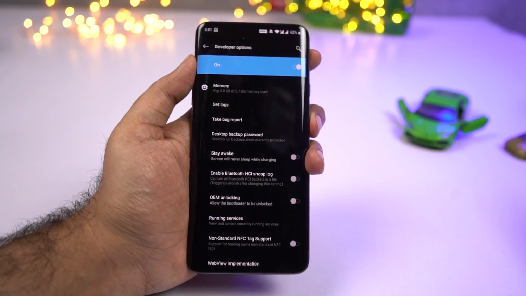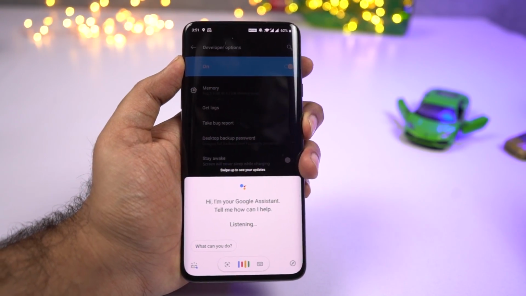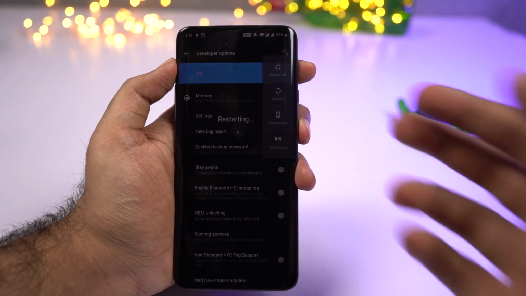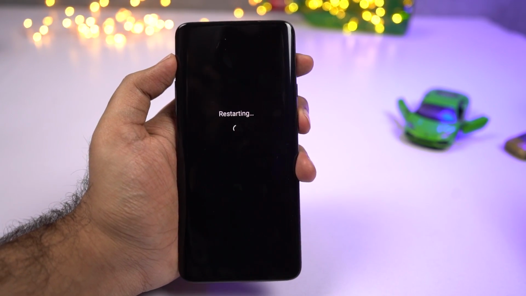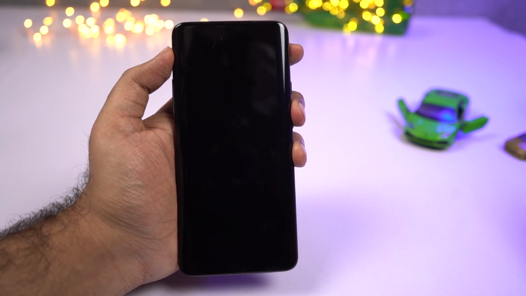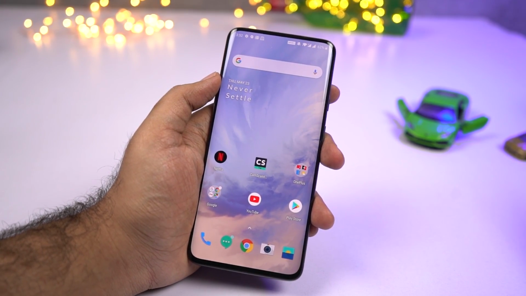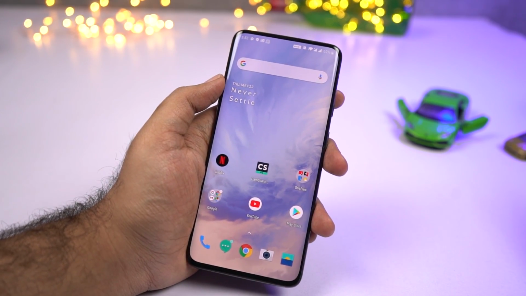Now going on next, this is your default power menu. Like when you press and hold the power button for 3 seconds, this is the menu that you get, and when you click restart, it just restarts the phone. Now that's completely unexpected. So let's wait. So guys, as you have seen, once I click the restart button, it simply restarted without any confirmation or any